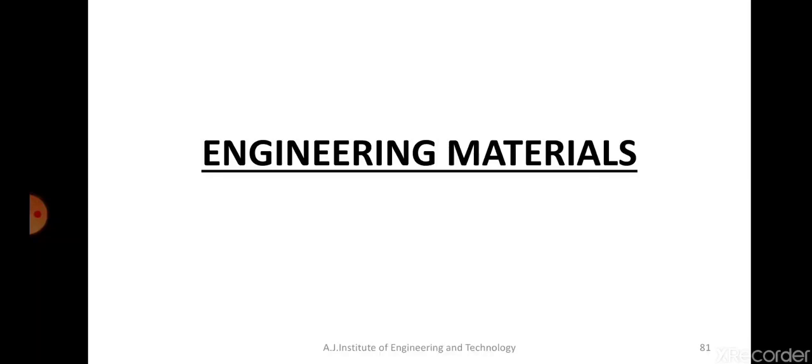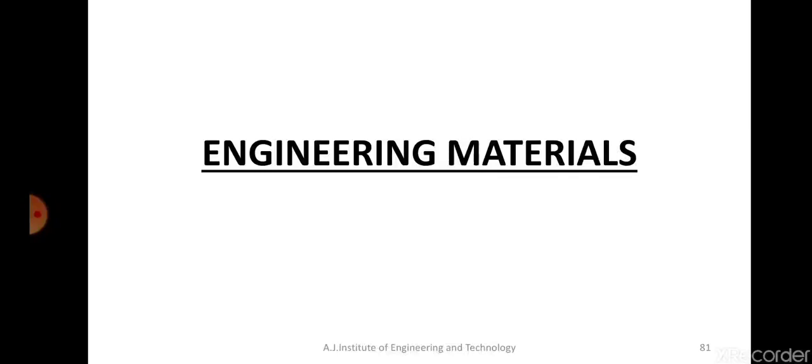Similarly, for the electronics and computer industry, you need to know what material to be used for circuits, and what material to be used in a very common semiconductor device. So they use silicon and germanium. You need to know what sort of material is best suited for a particular application. So we are going to study each of these engineering materials. I have given all this introduction because we are going to study what we mean by engineering materials, the materials which are extensively used for engineering applications.